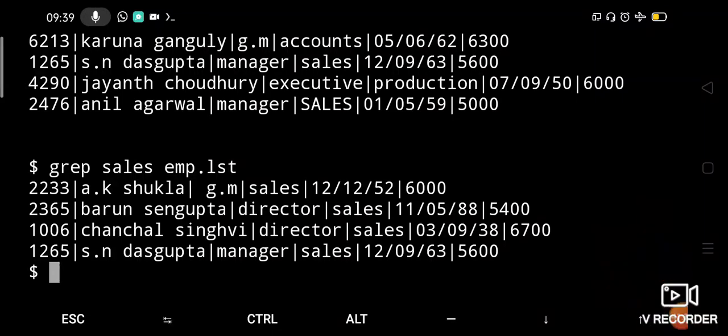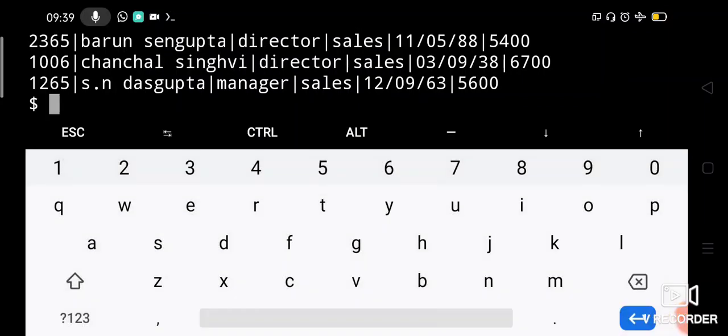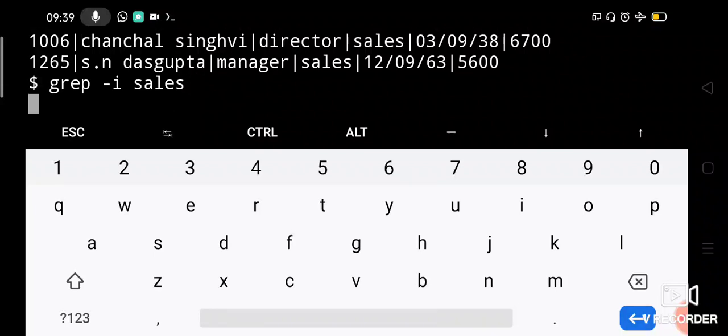Now to get the sales pattern both in capital and small, you can use the -i option. Let us say grep -i sales. Now it will ignore the case. -i is for ignoring the case, either capital or small, both it will display. Oh sorry, we have not given the file name, right? So give the file name.